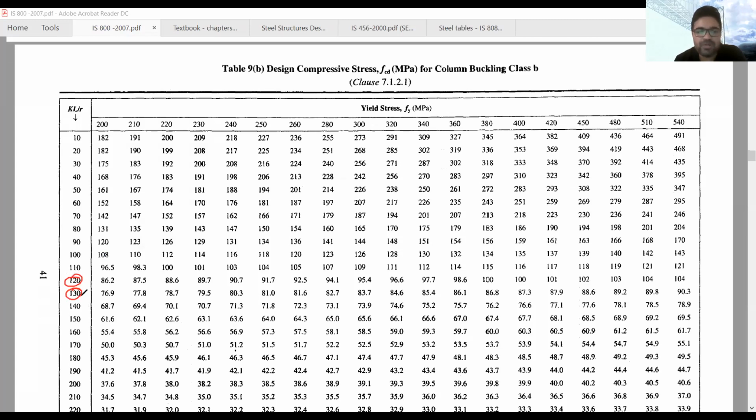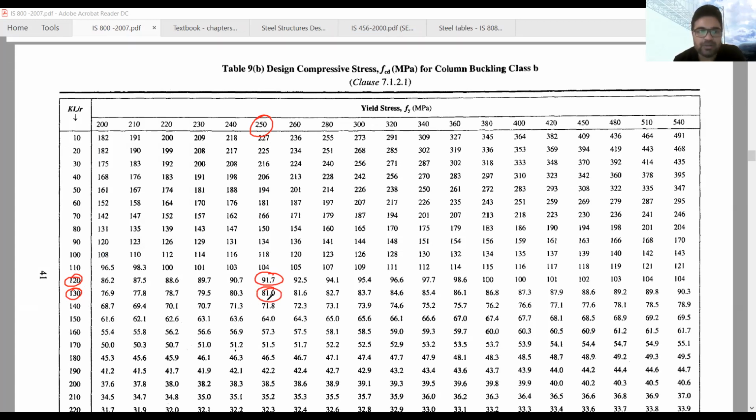Our lambda value lies between 120 and 130, and corresponding to 120, the value of FCD for the 250 column: in this column, the FCD value for 120 lambda is 91, and for 130 it is 81.